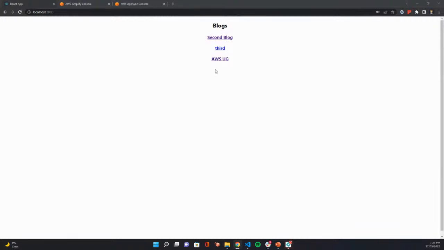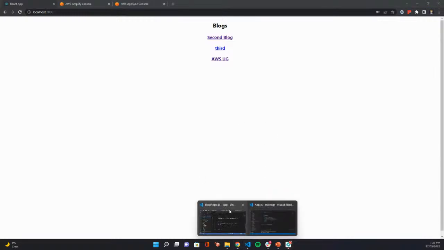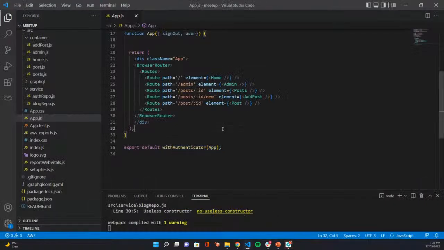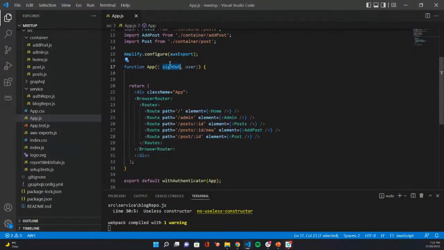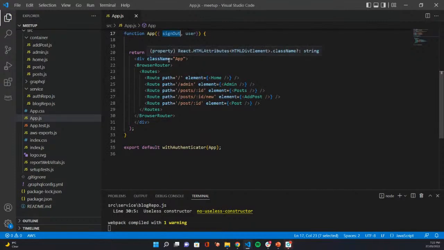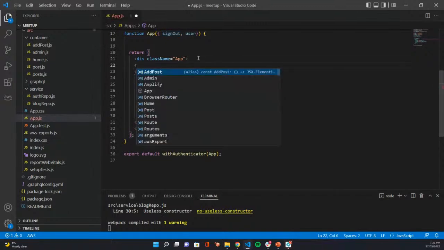So very simply, remember, where are we? I'm not on my code. We exposed the sign out function, right? The sign out function from the withAuthenticator app. So we can actually get that handed into our application. So all I'm going to do is add, let's say, to the top for now, a button